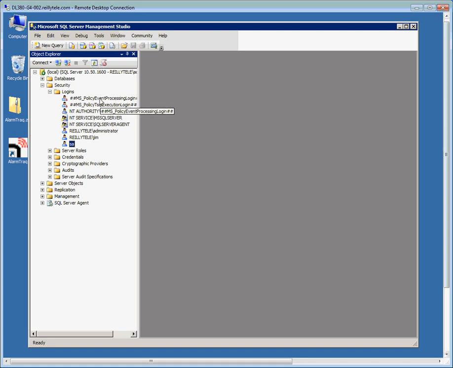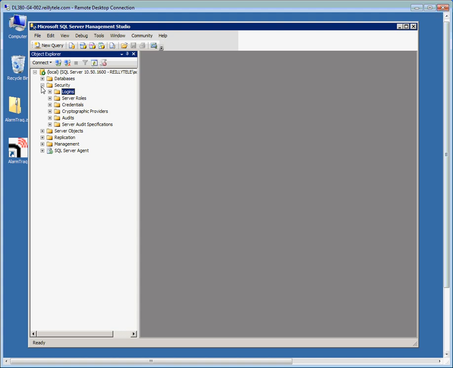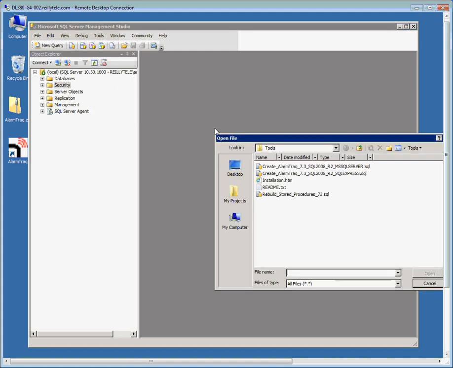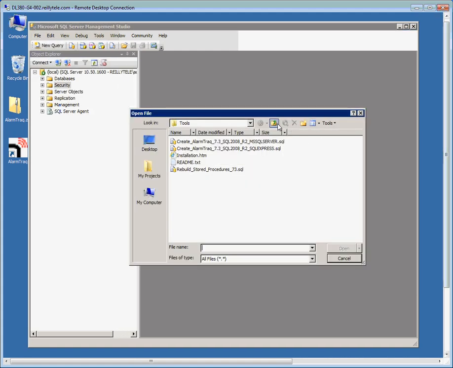And then one other step we need to take is we're going to install or run a SQL script which will install the database for us. So I'm just going to go up here and click on File, Open, File. Now I'm going to get myself to the AlarmTraq folder that was just installed. So I'll go to My Computer,